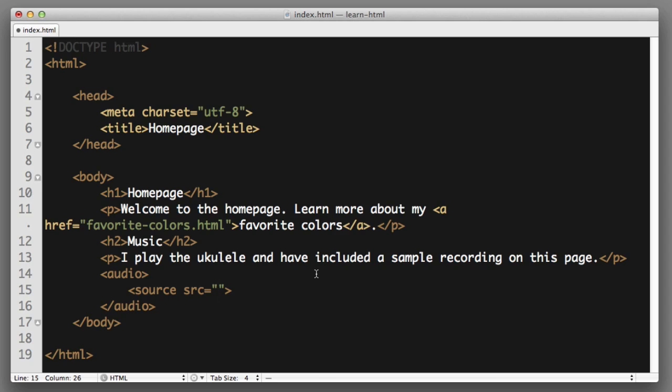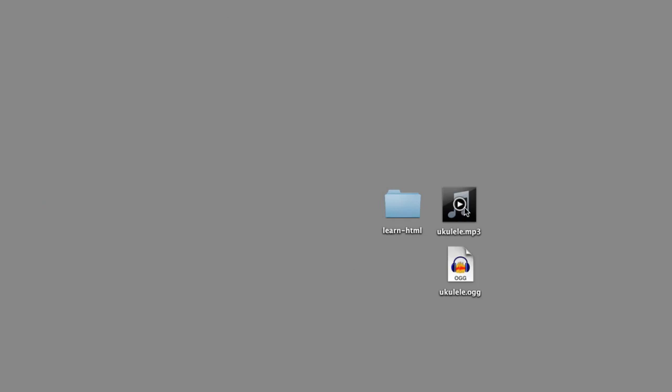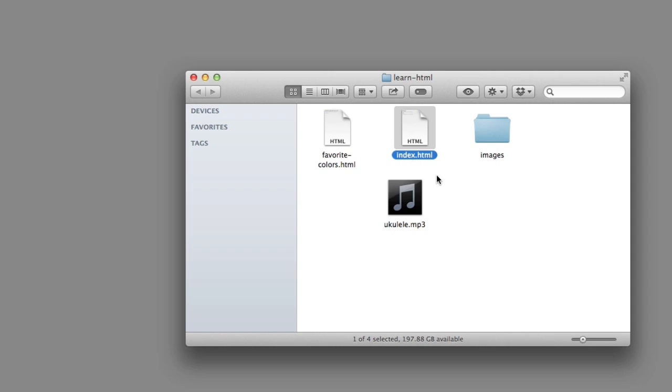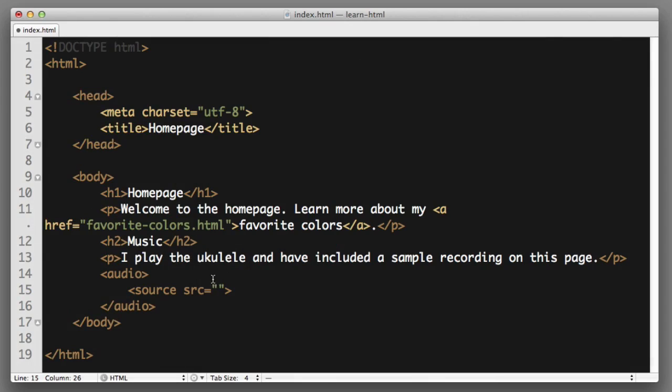So let's make sure that we have that audio file in the correct directory. I'm going to move the ukulele.mp3 file into the same folder as our HTML file. Now within this directory, I'll create a folder named audio. Now let's move the ukulele.mp3 file into the audio folder. So in our HTML code, for source, we'll say audio/, so this will look inside the audio folder, and then we simply type the name of the file. So it's